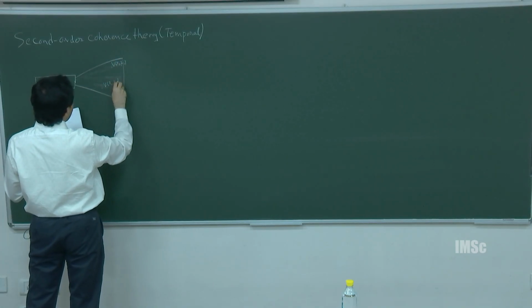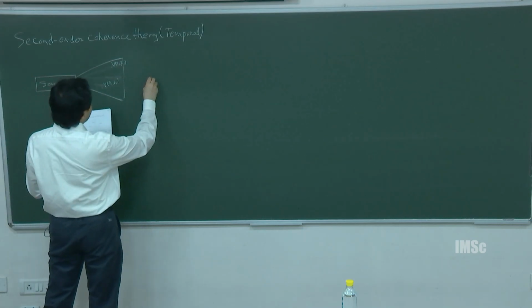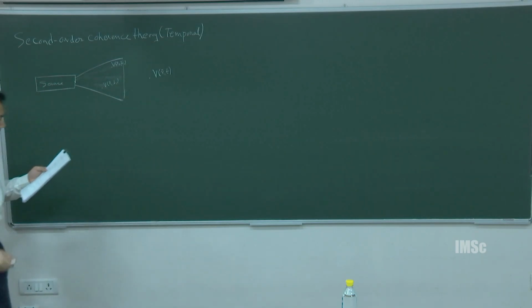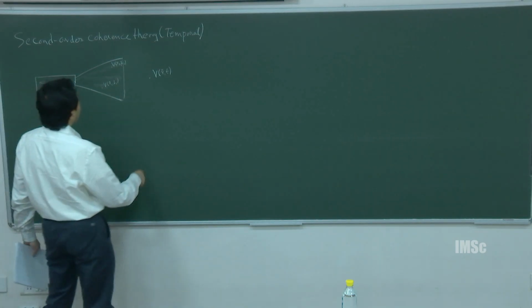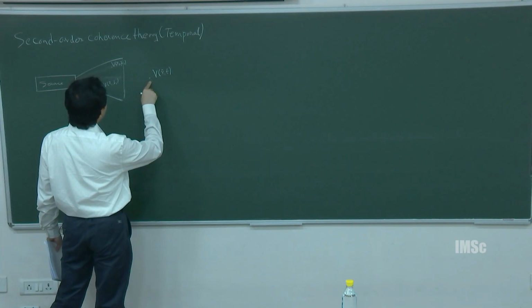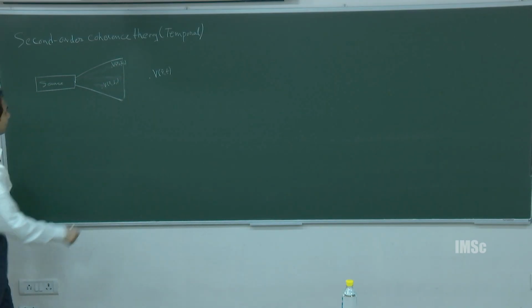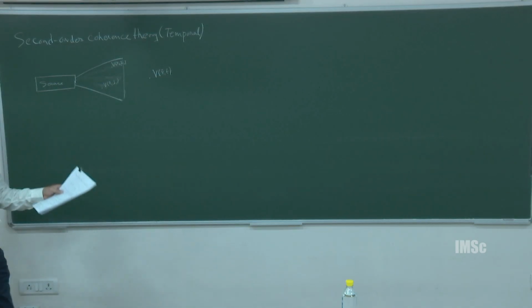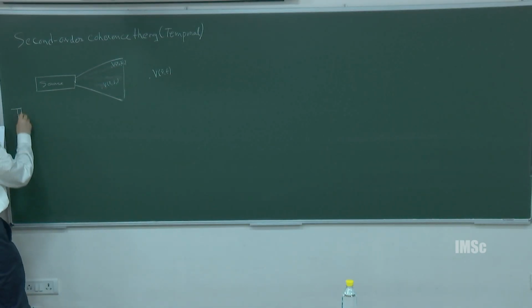Here the field is V of R1 T1. When we make a measurement, we want to find out what is the correlation between the fields at R1 T1 and R2 T2. So the generic question is,